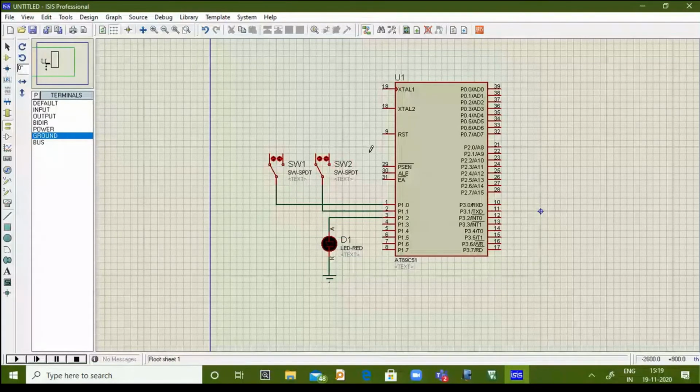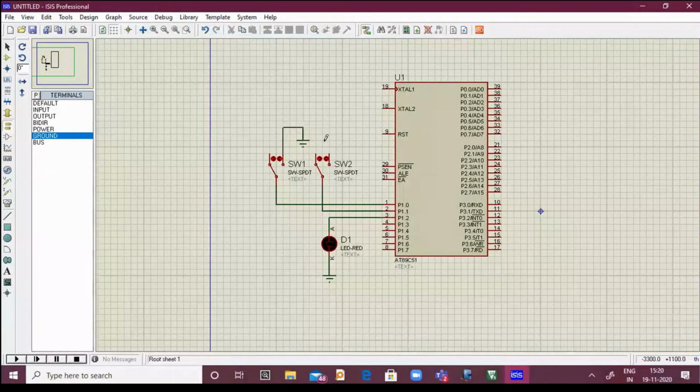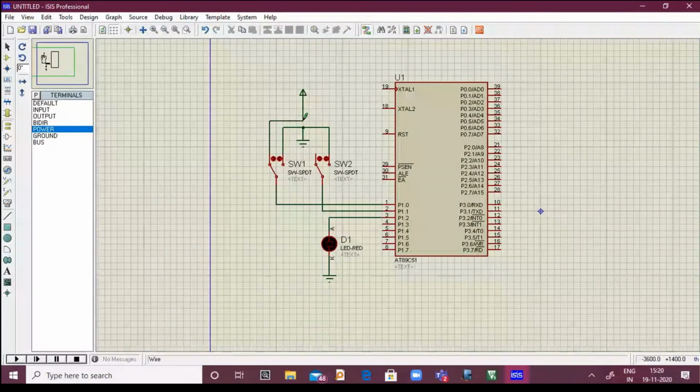Then for this, I require two conditions. One is where the inputs are 0 and 1. So I will use a ground. I'm going to connect one terminal of the SPDT to the ground, and another terminal I'm going to connect to the power pin. The power pin is just a 5-volt pin. So on this side I have logic 1. On this side I have logic 0.